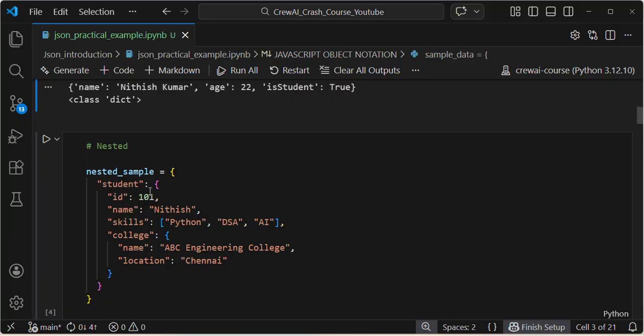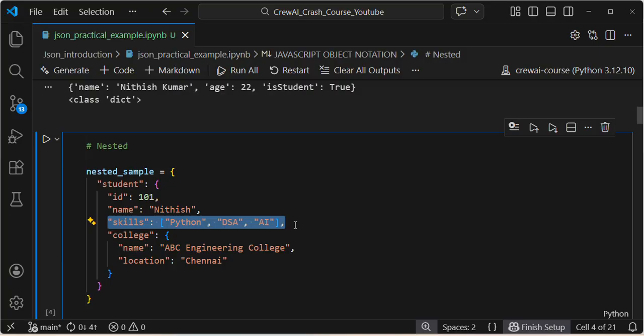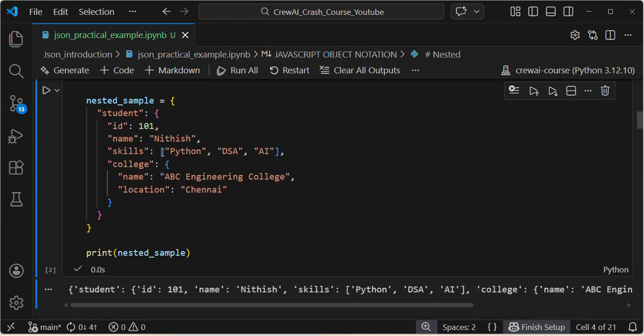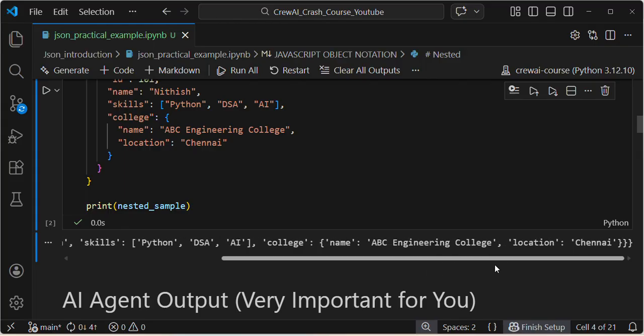Then there is a nested one. If you see, student ID, name, and skills I'm giving in array format. Sorry, in Python it's a list, but in JSON it's array format. Skills will be in array format. College, if you see, I'm giving another dictionary inside that. College will have another object. This is the first one, and inside the first one there will be a nested one. This is called a nested sample. If I execute this cell, if you see,